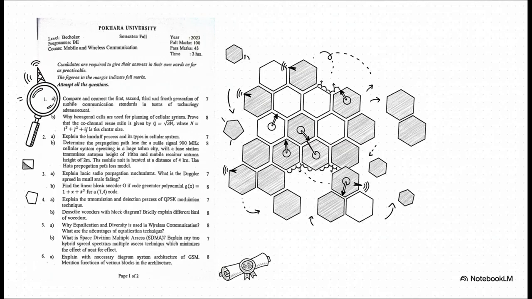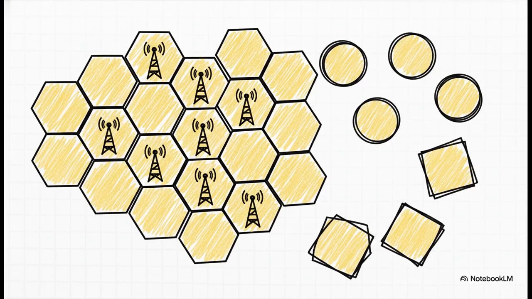But don't let the math scare you. This isn't just some boring problem. Let's frame it as a little mystery that we're going to solve together, right now. So, why the hexagon? What's so special about it? Well, the answer is actually pretty simple. It's because hexagons are the perfect shape for tiling a surface. They fit together without any gaps, kind of like a honeycomb in a beehive. This means you get the most possible coverage area with the least amount of overlap. In other words, it's just the most efficient shape for the job, period.